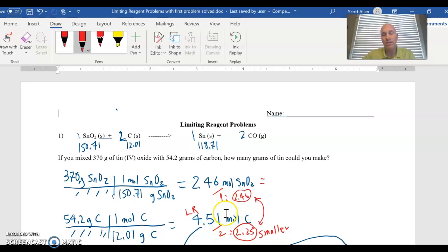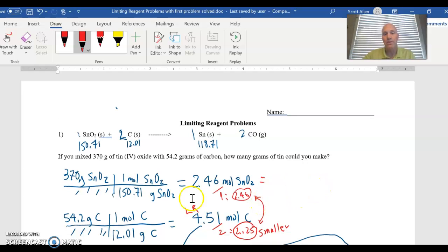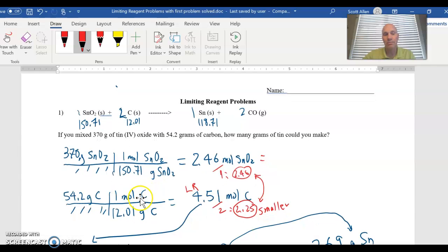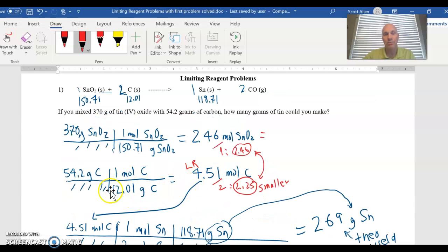So the way to determine that is to divide each by the coefficients in the balanced reaction, and then to compare those numbers. The smaller number would be the one that runs out first. So in the first one, we determined that carbon would be the limiting reagent, and because of that, we use the number of moles of carbon to figure out how many of our product we could make. So we start a crossbar